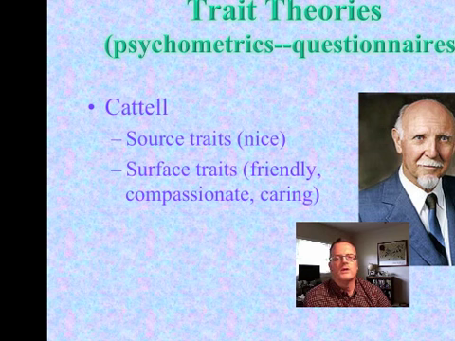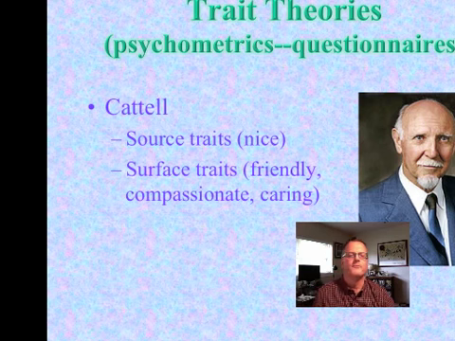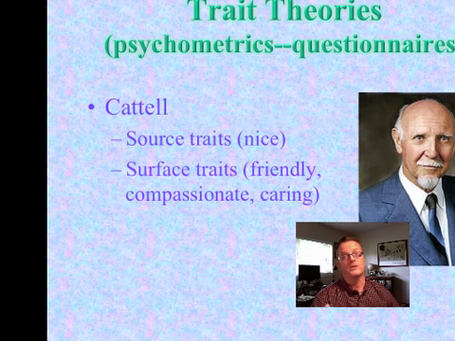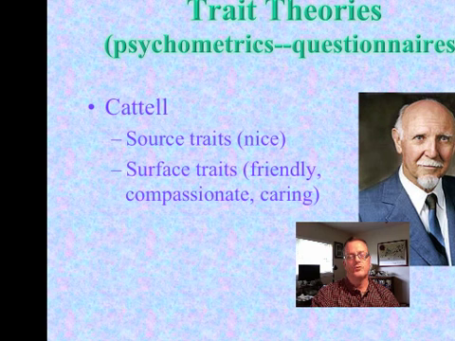So, in other words, on a test, if someone was judged to be friendly and compassionate and caring, or if they were judged to be friendly, they were always also judged to be compassionate and also caring. So Cattell took that as a sign that those three things must be roughly the same, and used a surface trait, which I've labeled nice. Okay, the person's nice. Nice was not one of his traits, but that gives you an idea. That's part of the process.